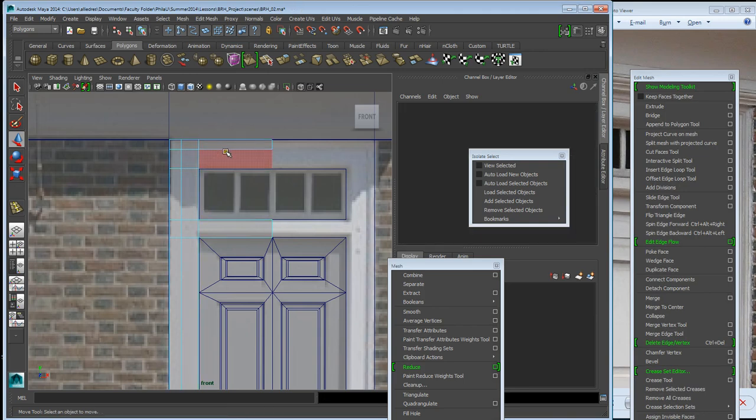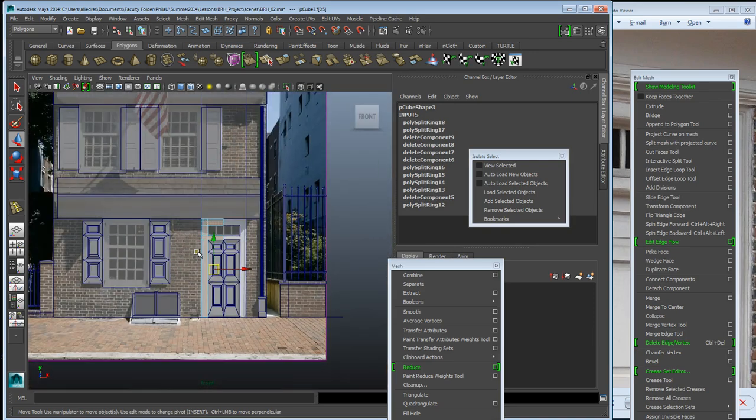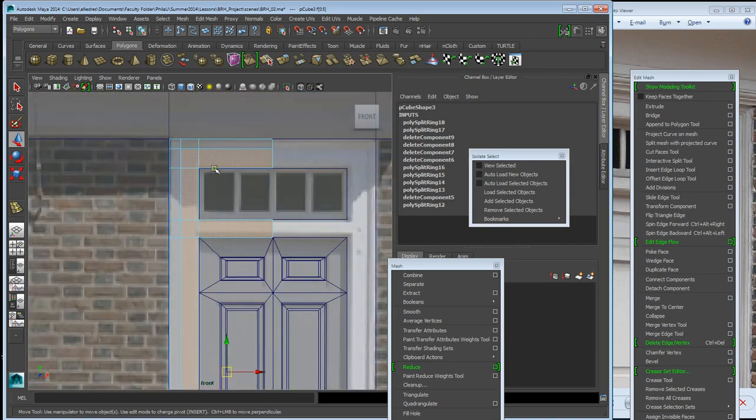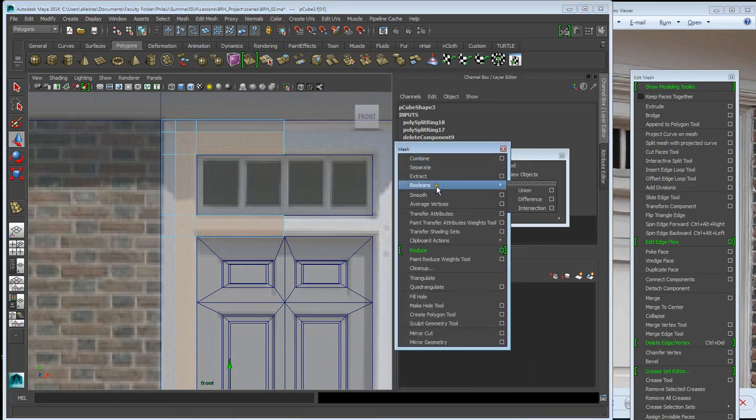So if you have a piece of geometry right here and you want to separate a specific piece of it off of it, select what you want to have off, like this inside frame of it, and then I'm going to go into mesh, which I have right here, and I'm going to click on extract. Alright,